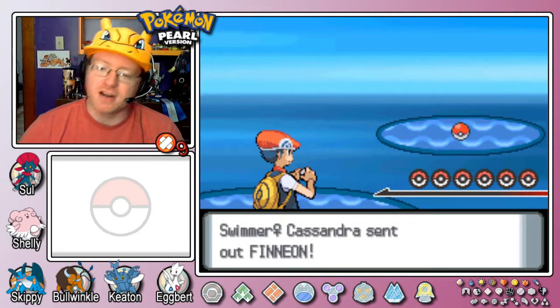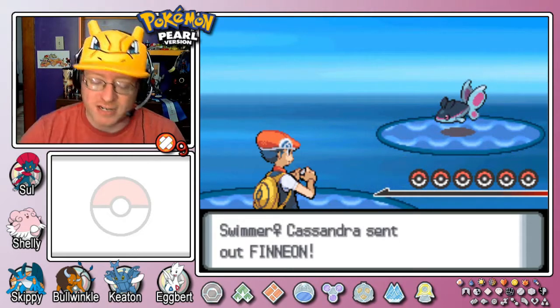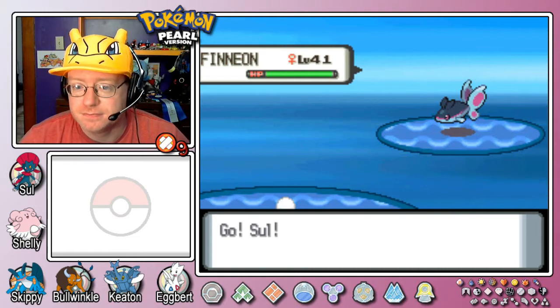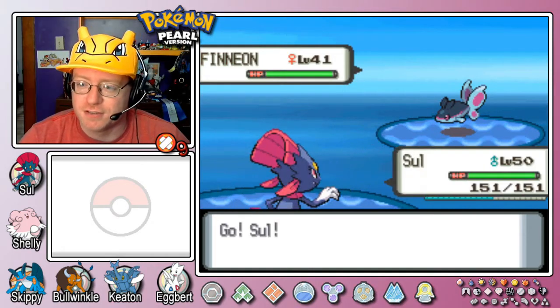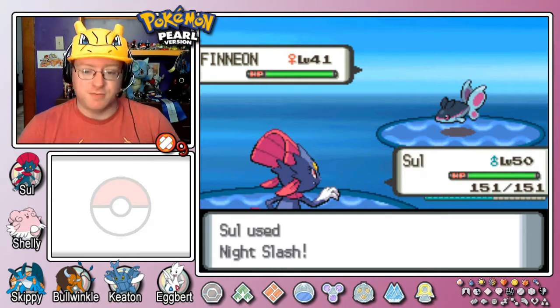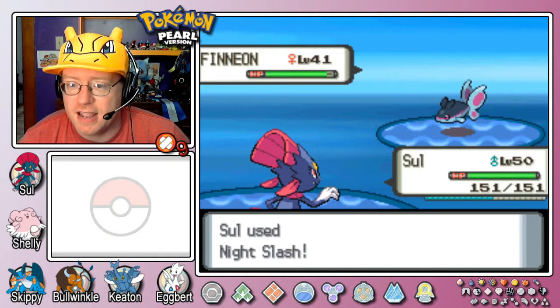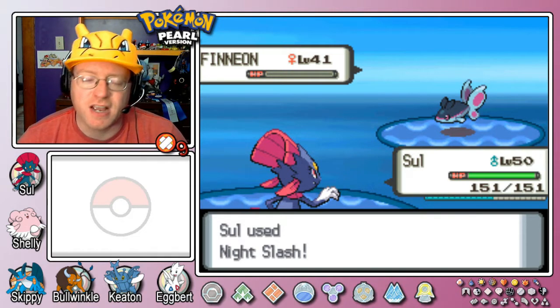Cassandra with a Finneon. Oh, I know what I was going to do. Lepaberry. We gotta get some more Night Slashes back. Soul's gonna be so over-leveled. Not compared to the Pokemon League, I'm sure, though. He's probably gonna be maybe on par when we get up there. But then, in Victory Road, we gotta start spreading out the experience, as I said. So yeah, I do know we're gonna need...